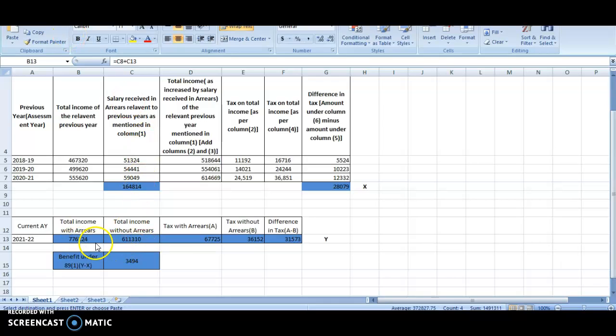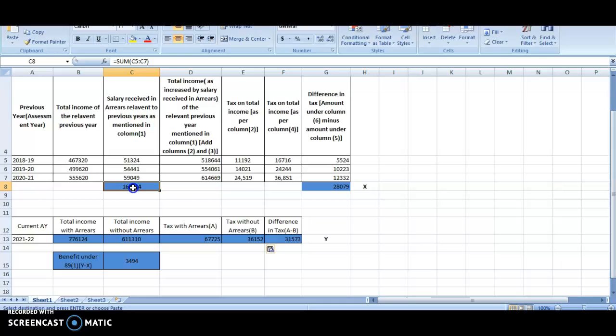So here I just entered the values which are available in Form 16 of the current assessment year, and the tax is also calculated as said before, and the difference amount as calculated here, and assume this as Y. The difference of this Y and X will give the benefit under Section 89(1).